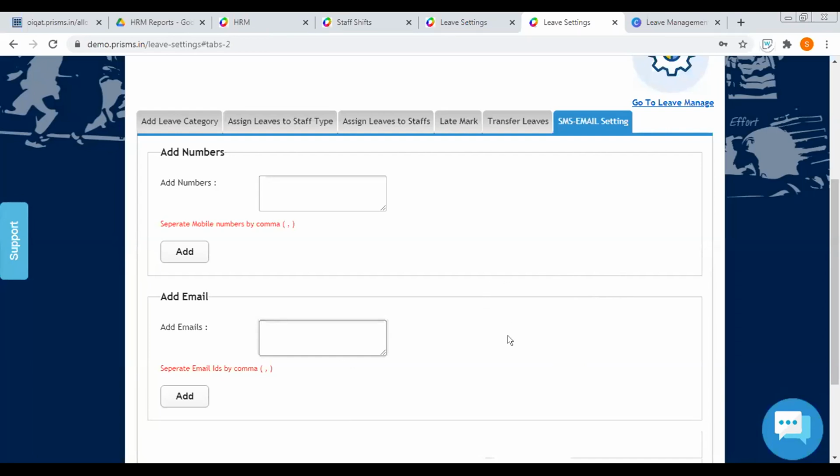Okay, so next we can move on to how the staff is going to apply for the leave, and then we'll see the admin part, how the admin can approve the leave. We can do this both from your web login and app login as well. I'll share my screen and we'll see how it's done from the app login.